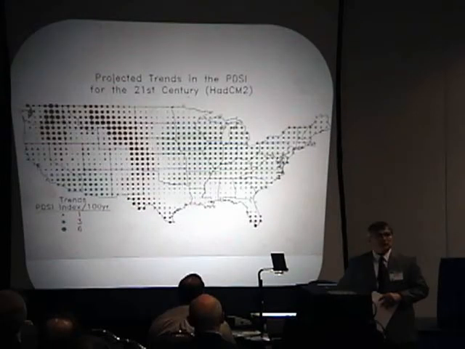A couple of quick examples of what this means for an assessment. We could look at the Palmer Drought Severity Index. The larger the drought, the more of a tendency green not to have drought or brown to have drought. And now this reflects in a large measure that increase in temperature and the change in precipitation. So you see the lee of the Rocky Mountains and up in this particular region as having a tendency towards greater drought, where with higher precipitation in the east and in mid-Atlantic assessment, a lower tendency